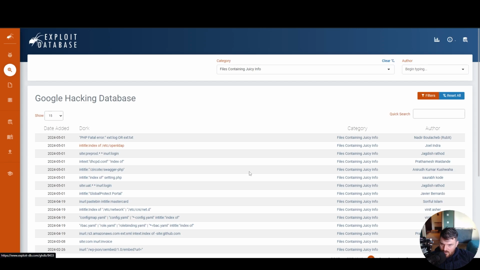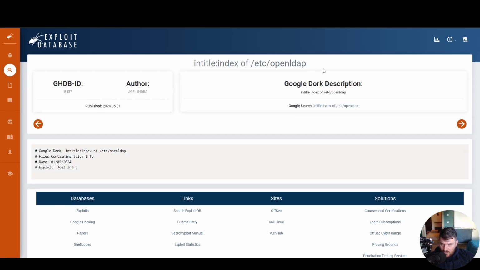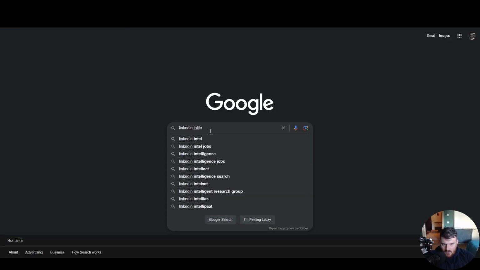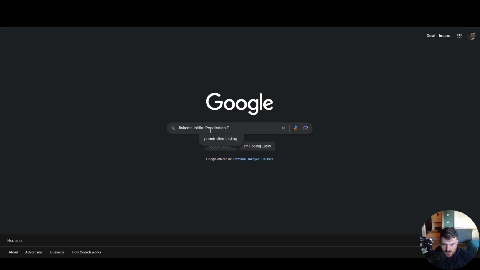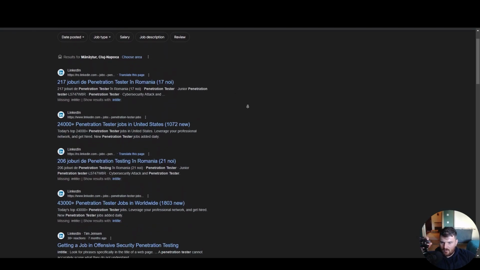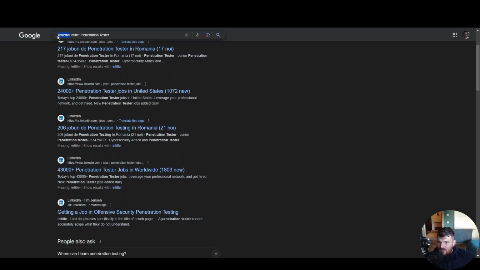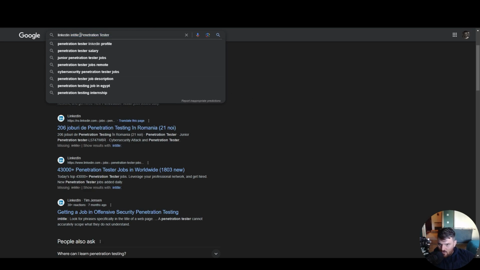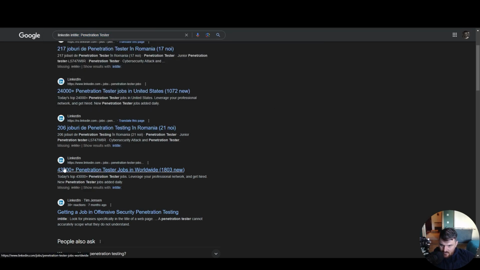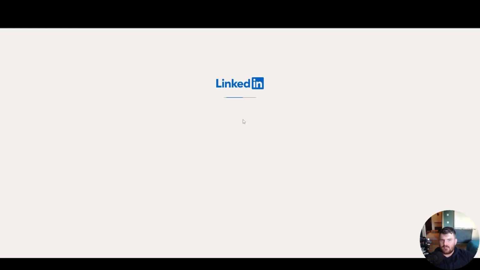For instance, here we see intitle. We can use this actually in Chrome, in the Google search engine. So to make it easier than this, we can find, for instance, if we're searching for a job, we can say on Google intitle: penetration tester. Here you can see from LinkedIn, we found the LinkedIn keyword, and then again, keywords in the title should be penetration tester. Here we can see from LinkedIn anything with penetration tester.